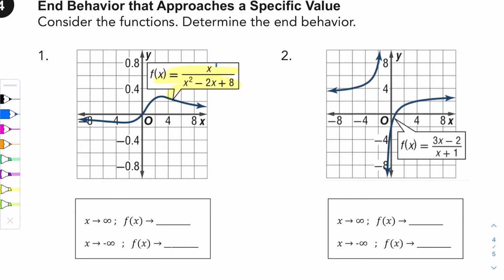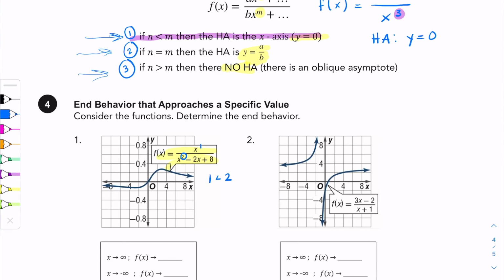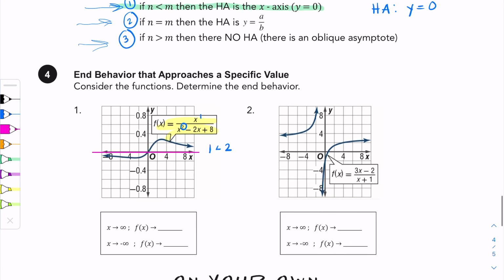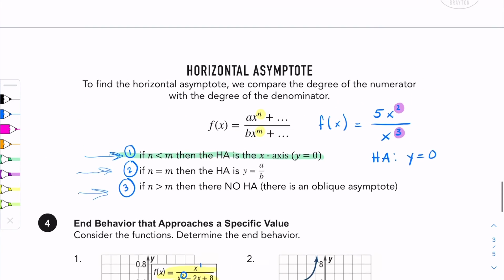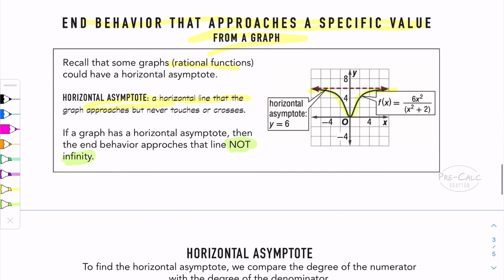The degree of the numerator is 1, and the degree of the denominator is 2. 1 is less than 2. That would also fall under this first category where the numerator degree is less than the denominator degree. So right away we know that this horizontal asymptote is at the line y equals 0. Based on what we read above in this box here,